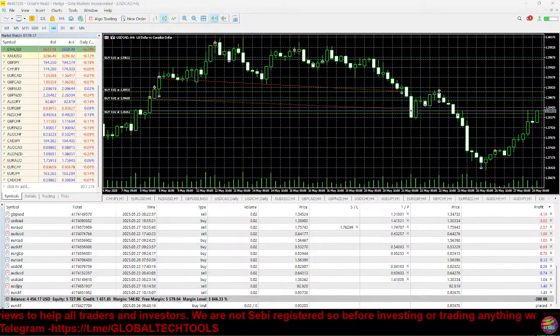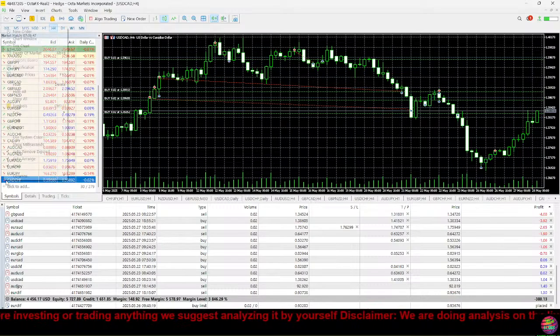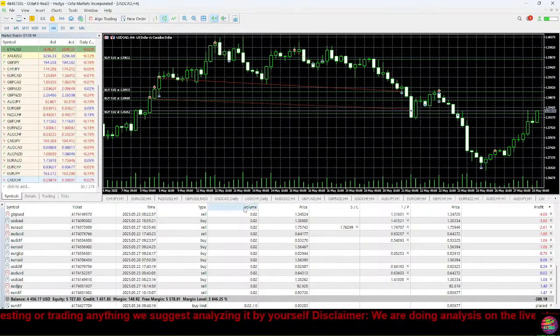Now, bear in mind, you're not only just buying the euro or only selling the dollar. You can't do that. You have to bet on a currency pair. What is a pair? Well, it's two things. It's like when you have a pair of shoes, you have your left shoe and your right shoe. If you have a pair of sandals, you have your left sandal and the right sandal. So when you have a currency pair, you have one currency and then another currency. And what they're doing is they are together battling each other. Who gets stronger than the other? Who's driving price up and who's driving price down?